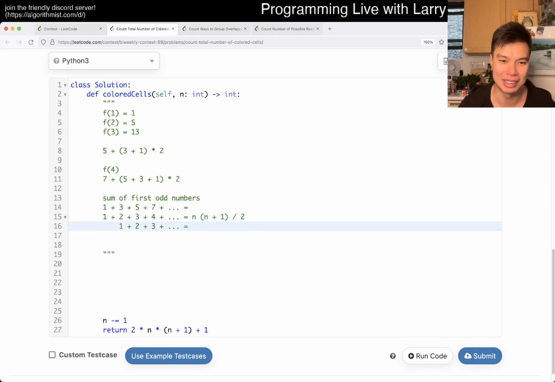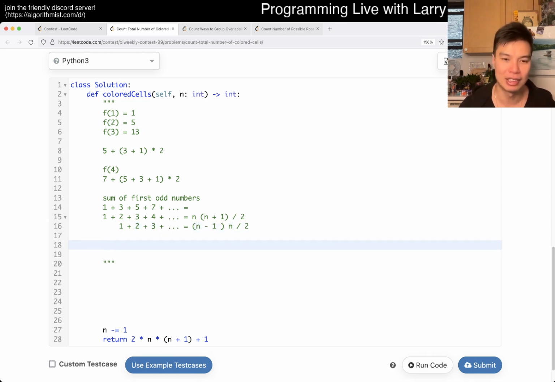And then here, obviously, it's just n times n minus 1 divided by 2, or maybe slightly differently, it's n minus 1 times n, so that these things line up is why I wrote it this way, right? To the previous one, right? And then you just sum them together, right? So then this is just n,